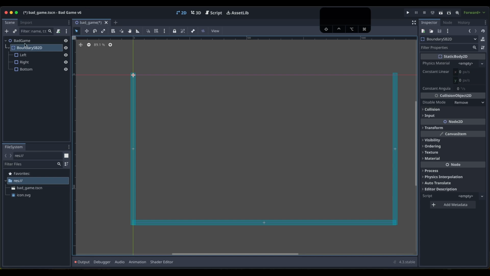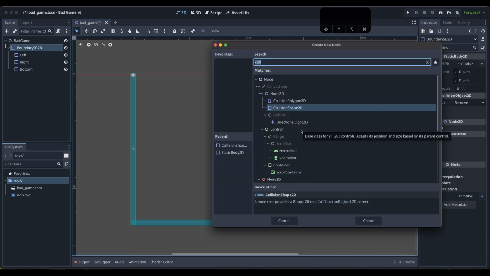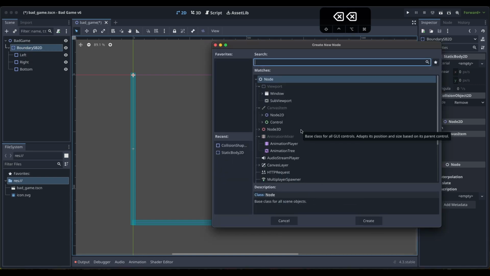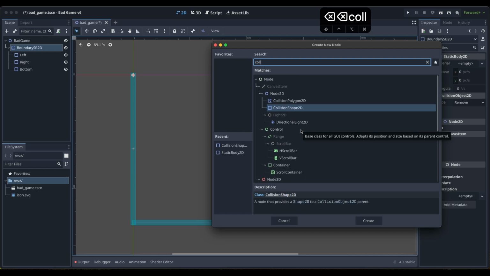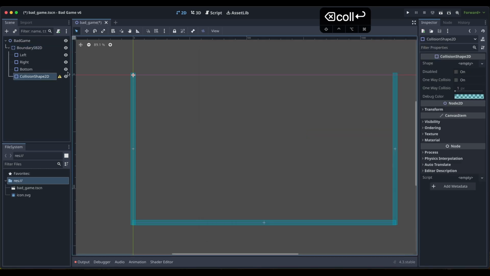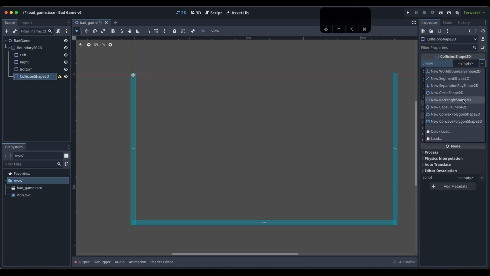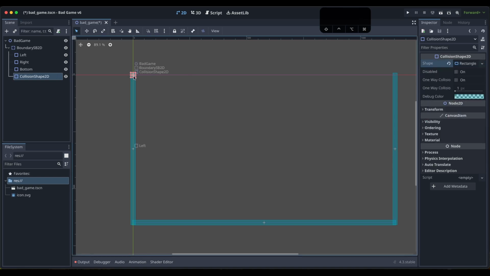Okay, so if we just hit a shortcut to pull up our node box, and then we are going to add in another collision shape. Okay, now it's going to say that it has no shape, but the first thing we're going to do is assign a shape, and then we're going to